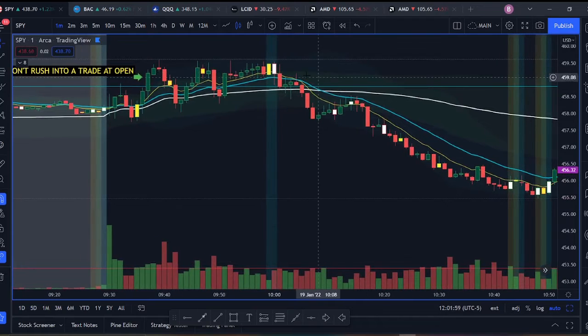And so on this one, I'll give you an example. Where would I get in? I wouldn't get in here. I wouldn't get in here. I wouldn't get in here. Nope. Oh, it's pulling back. This is where I would enter, right here. With my stop, again, VWAP. There you go. If it breaks above,